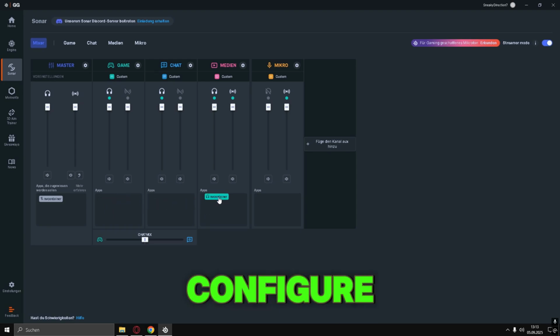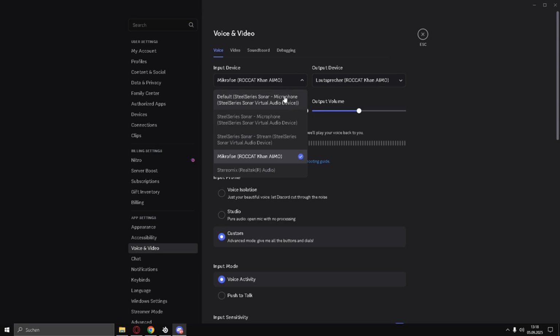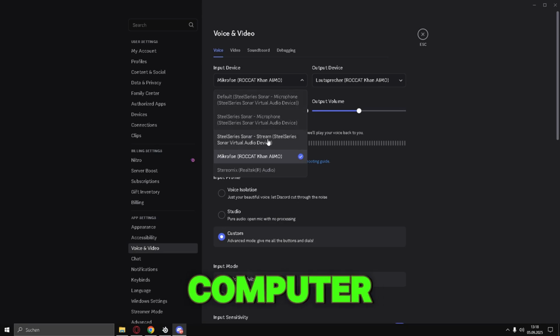Step 5. Configure your app or Discord. Go to User Settings, then Voice and Video. Set the input device to SteelSeries Sonar. Now, any music you play on your computer will play through your